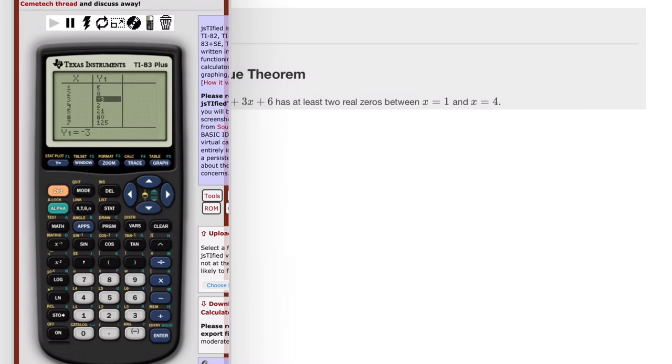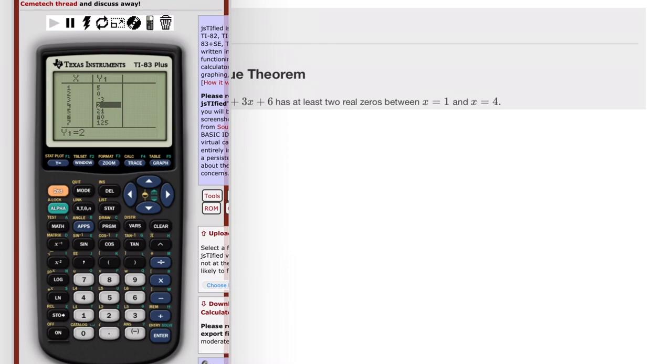But notice that the sign goes from negative to positive between 3 and 4, right? When x is 3, y is negative. When x is 4, y is positive. So that means that there has to be a 0 between 3 and 4, right? So just with those 4 alone, we get 1 zero because when x is 2, so that's one of our